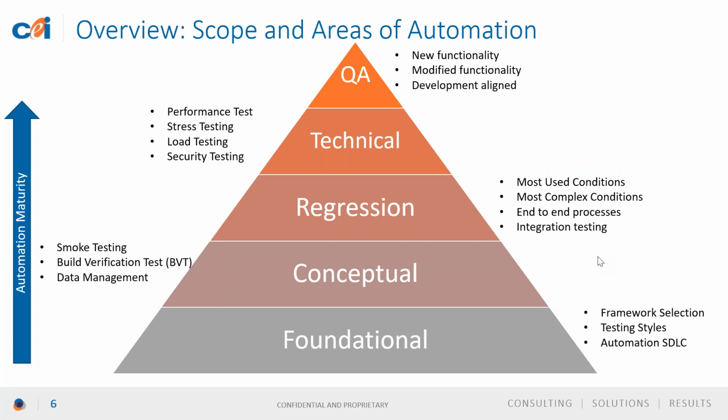Sometimes people will look for scenarios that are just sequential or grouped together, and that's not always the best way to do it. You can get more bang out of understanding that you're not going to have your applications automated 100%. So feel free to carve it up, look at the most used areas so that you can get the most automation early, and then extend it out to cover complex things and eventually the end-to-end processes.